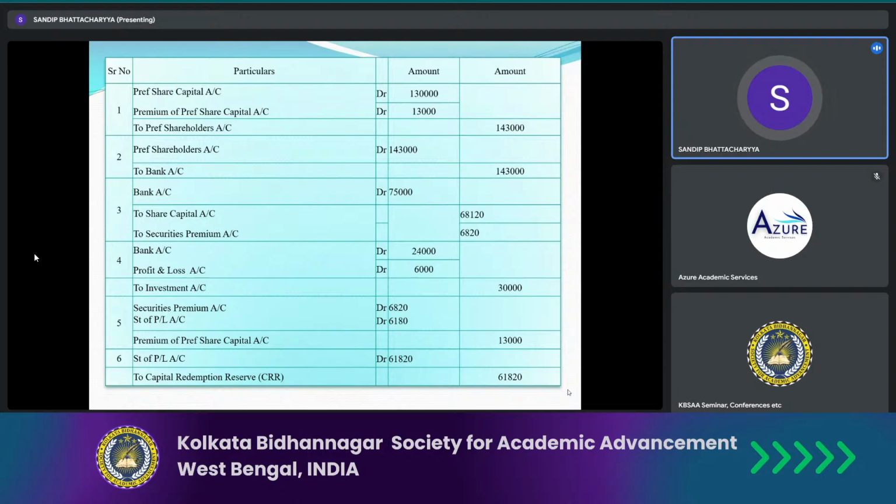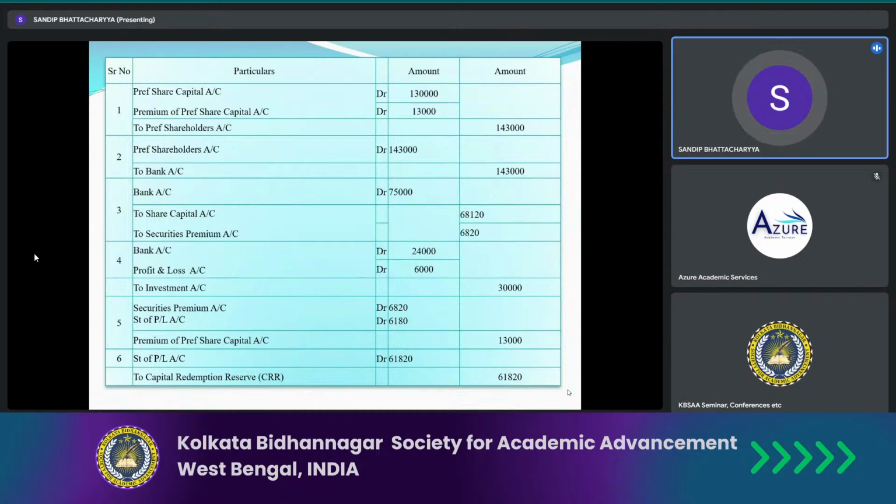That is the next chronological order. 6,180, because if you remember, the sum only consists of free reserve, that is profit and loss account of rupees 90,000. Can you remember, my dear students? So only the profit and loss account is mentioned under the free reserve, that is rupees 90,000. So out of 90,000, for the purpose of payment of preference capital, securities premium must be fetched from the profit and loss account, that is 6,180.